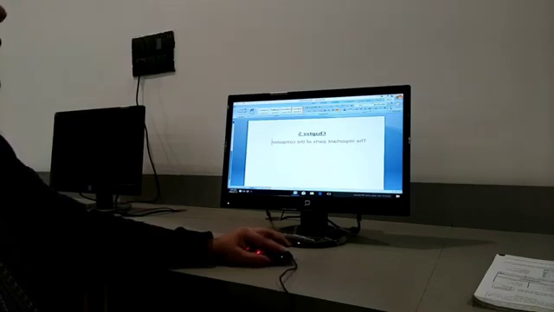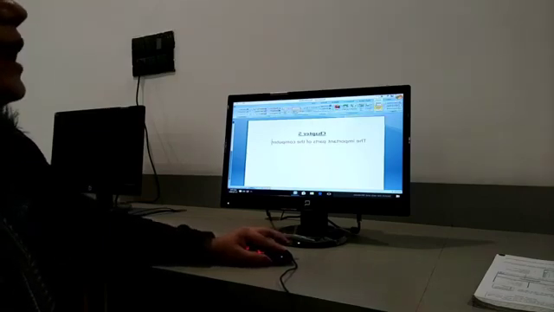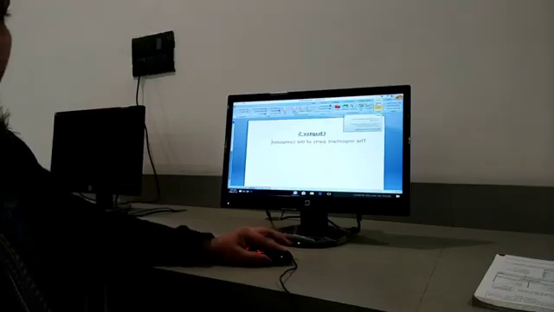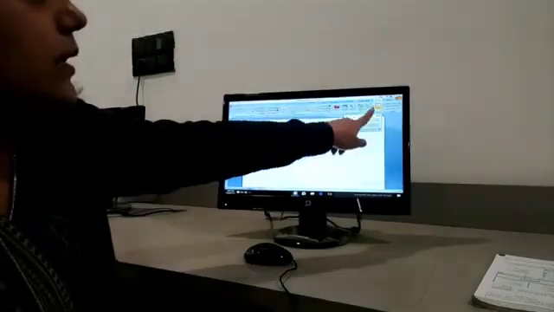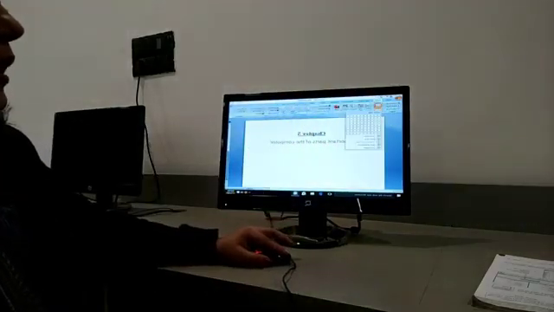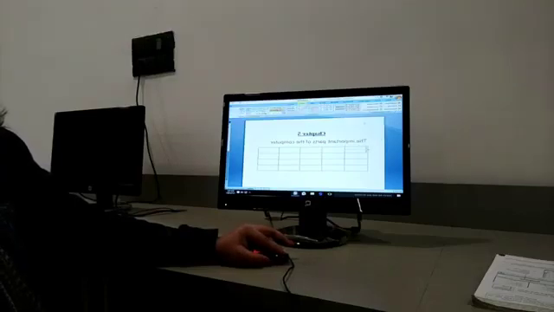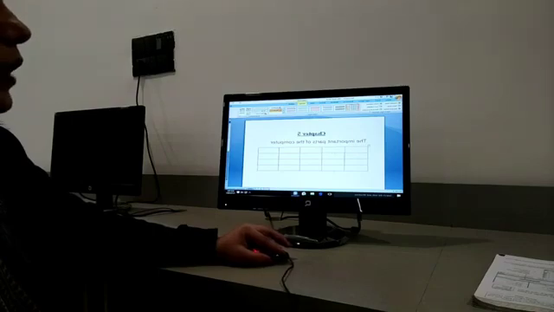Now I am going in insert tab. Now in insert tab, if I want to add a table, then what will I do? I will choose the table option. You all can see the table option is given here. Now how many tables I want to choose? I want to choose these. So I am choosing the table. You all can see the tables are here now. So I can change the tables in any other thing.